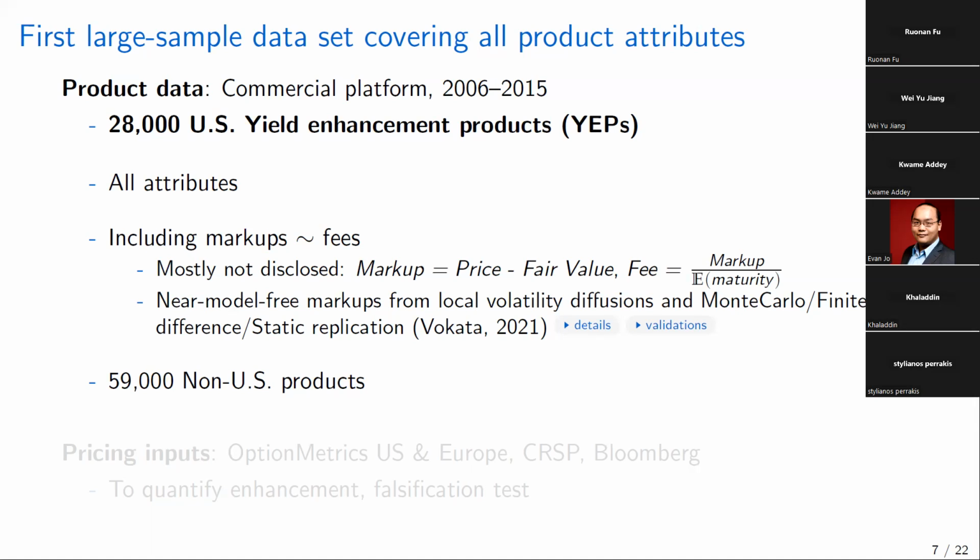My main analysis is going to focus on 28,000 securities issued in the US. I will observe all the attributes. What is the underlying? What is the payoff? What is the maturity? And the most important attribute, which is typically missing, is the embedded fee of the security or